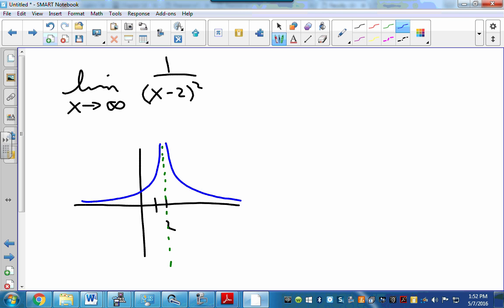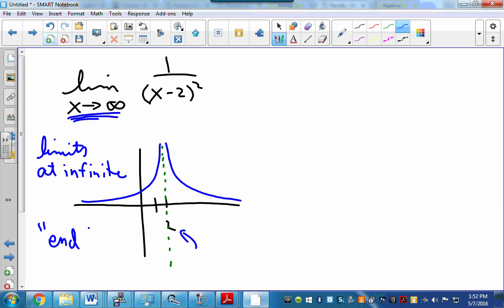Okay, however, now I'm not asking what happens when x gets close to 2. I'm asking what happens when x goes really, really large. So we might want to call these limits at infinity, not infinite limits, although they could be. These are limits at infinity. Probably a better way of thinking about these are end behavior. What is the end behavior